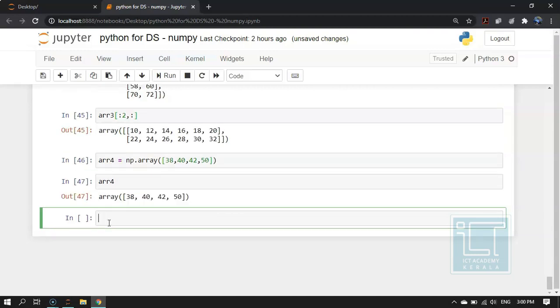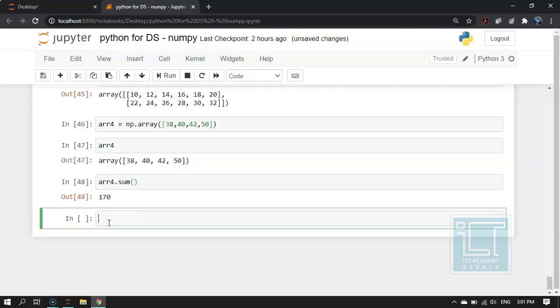We have some built-in function which will give the sum of all the elements present in the array, which is ARR4.sum. So the sum of all the elements in this array is 170. We can also use the sum function which is available with NumPy to calculate the sum of elements of the array, and the code is np.sum of ARR4.